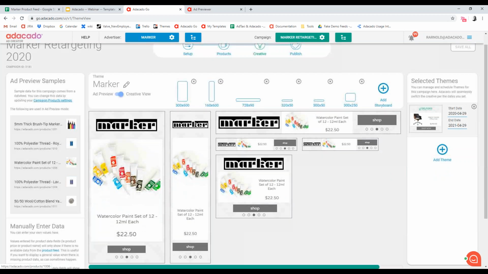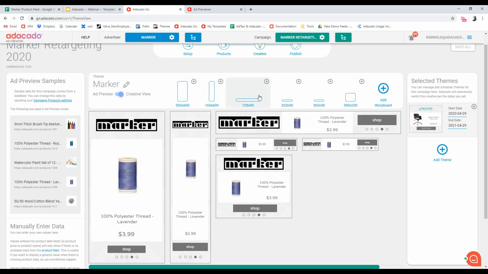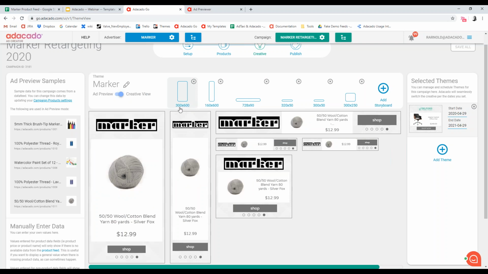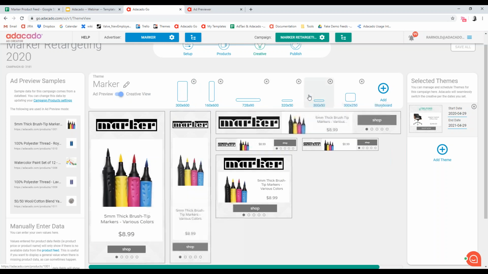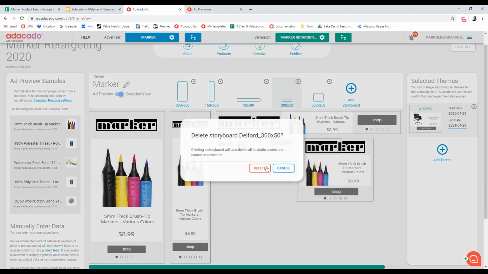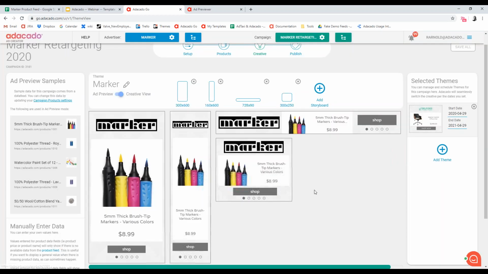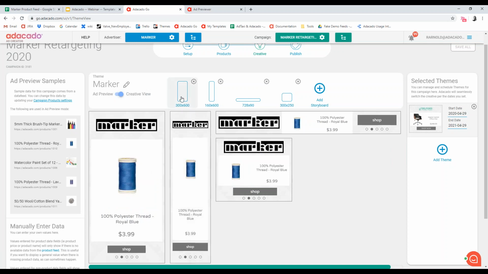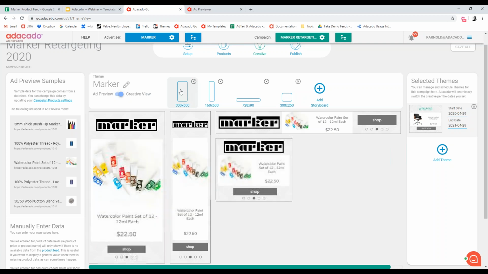So I'm going to take my 300 by 600 here, and up here we have these little icons with text that tells you about the dimensions. So that's this guy, that's this guy, this one's this one. I think I actually don't want these ad sizes. I'm not going to be running mobile ads, so I'm going to go ahead and delete these ones. I could leave them in there and just not traffic them, but why leave them in there if I'm not going to use them? Okay, so I'm going to go ahead and click on the 300 by 600 here,